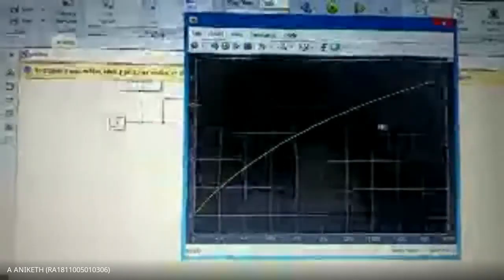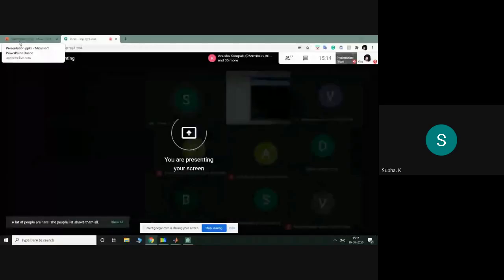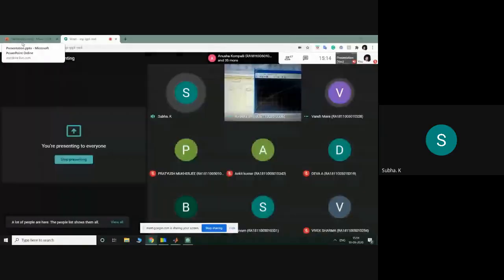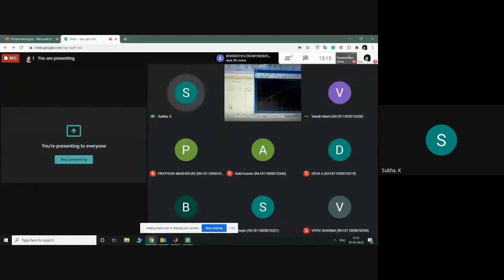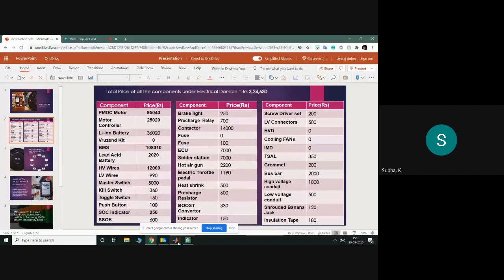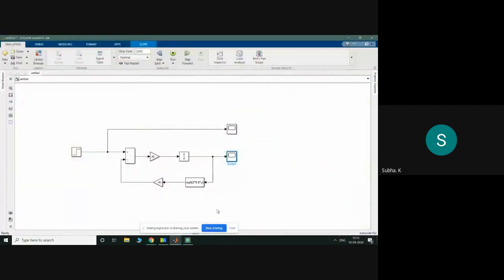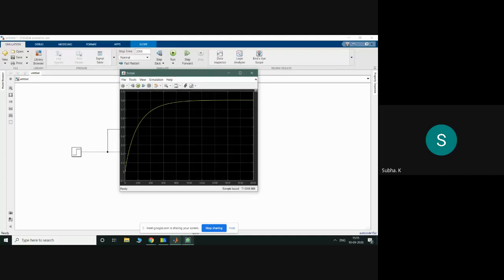Ma'am, I am having a problem in the second one. What problem are you having? Ma'am, the transfer function, I am getting it like this. Aniket, you got the graph? Which one, that root locus? Second block diagram, you minimize. You know how to minimize a block diagram, no? By applying reduction rules, you apply it as a transfer function there. This one I will teach you later in some class.